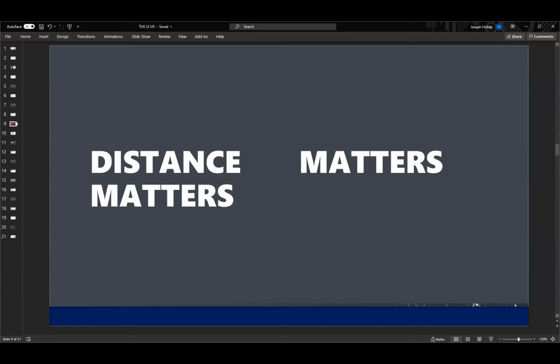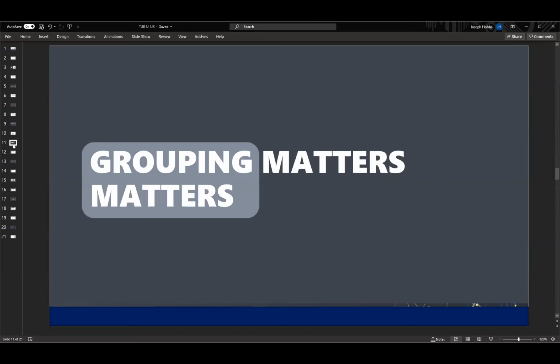Am I making sure that things are properly spaced out? If I want things to be considered together, did I put them close together? If I want them to be considered separately, did I put them further apart? Am I using white space so that things aren't all clustered and cluttered up? Have I grouped things in a way that either assists an analysis or just helps the eye find where it's going on a page by breaking things up a little bit?